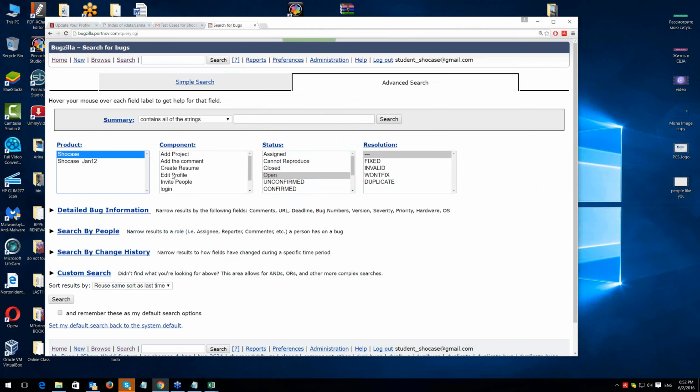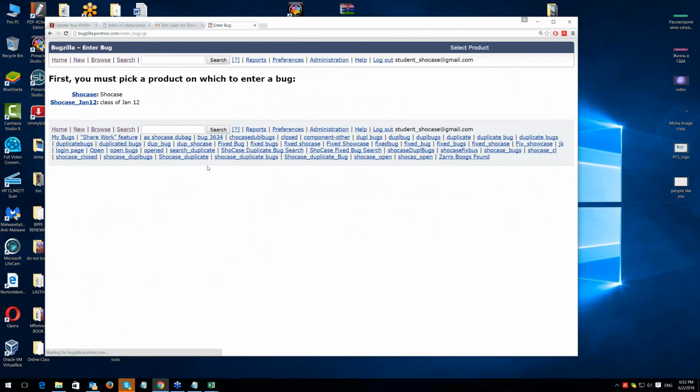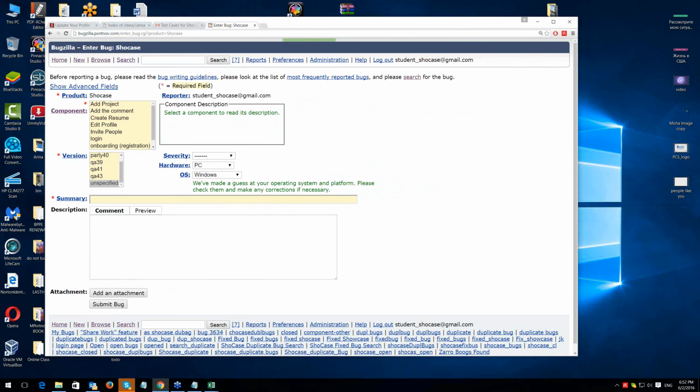So the component is edit profile, but we have to click new, we have to select the project showcase, because this is the mandatory field, and this is very good, edit profile component, and I already added the versions that we are testing. This is QA43, and probably the severity of this bug will be minor. And let's write the